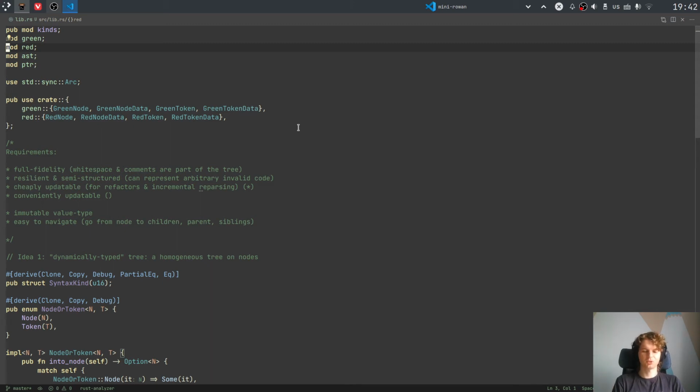In this implementation, that's not really interesting because each red node contains a green node. So you still have to increment the reference count for that green node, and incrementing an atomic reference count can be pretty slow because it requires synchronization between different CPUs. But we will see how we will exploit this in the real Rowan. Anyway,